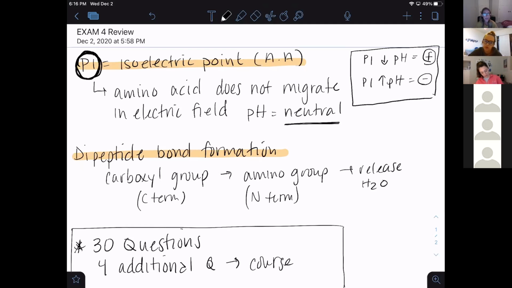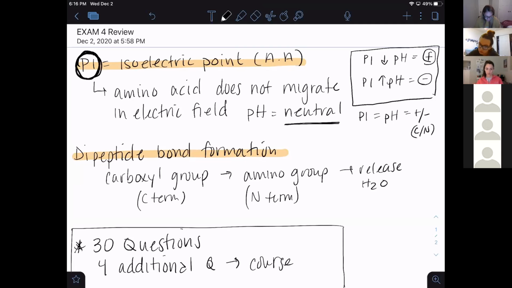Okay, the next thing, any questions on PI? Isoelectric. Does that mean when PI equals pH, we have a Zwitterion? Bing, bing, bing. Okay, because we're neutral. Exactly. Brilliant. I guess I could write that down too. If our PI equals the pH, then we have plus and minus, and I'll put CN, right? So CN